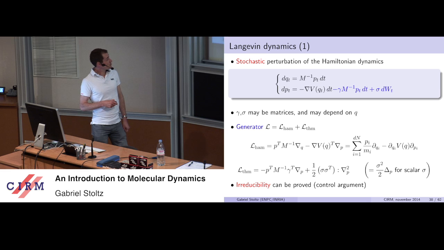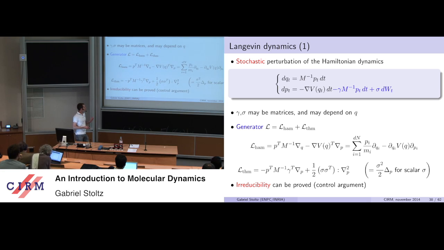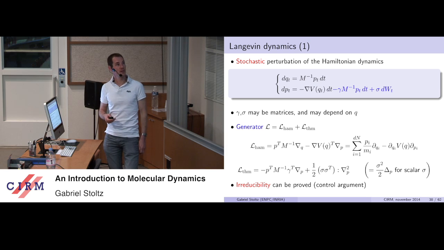So first thing is that you can show that this dynamics is irreducible. It's not something which is completely clear, because the noise acts only on the momenta, whereas irreducibility asks you to control both positions and momenta. So you have to make sure that starting from somewhere with a certain velocity, you can end up anywhere else with another velocity. And it can be proved, in fact, that the noise is sufficiently rich so that it transmits from the momenta to the positions. So you can really drive the momenta in order to end up at the correct positions with the correct momentum. So it's a simple control argument. In fact, it's not that difficult, I would say.